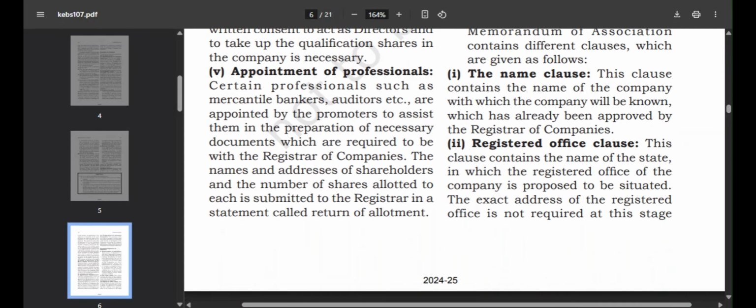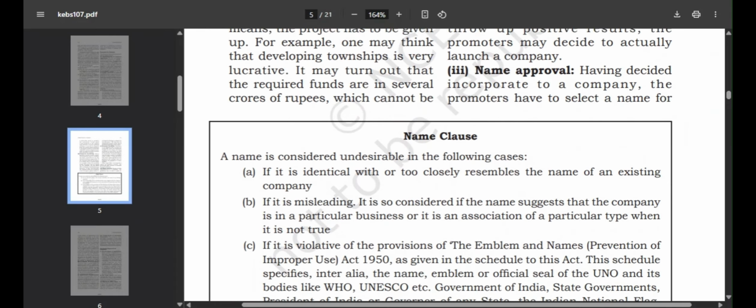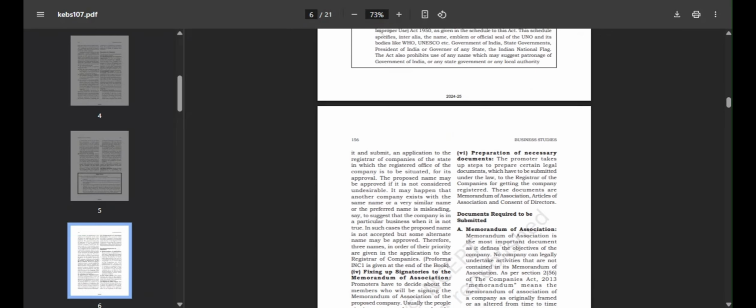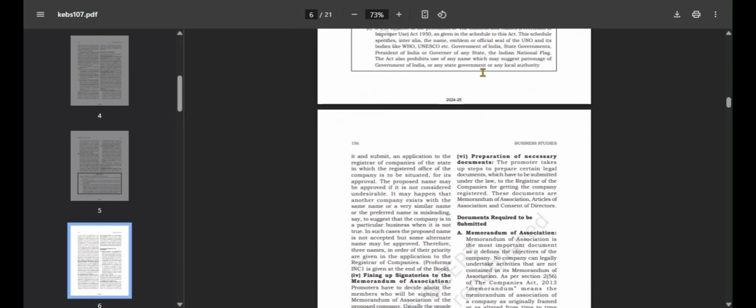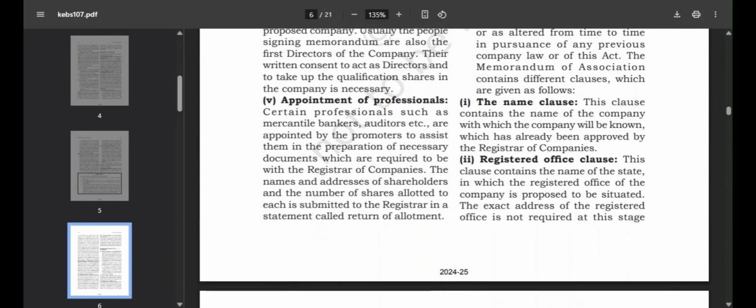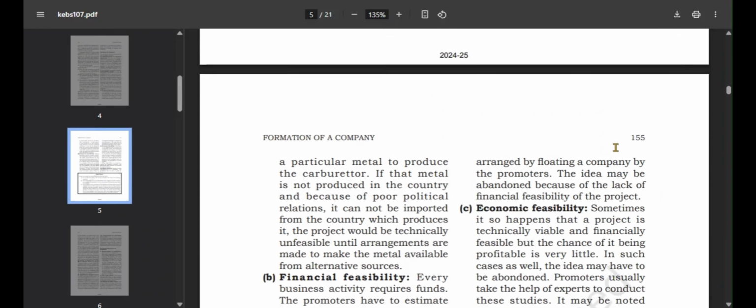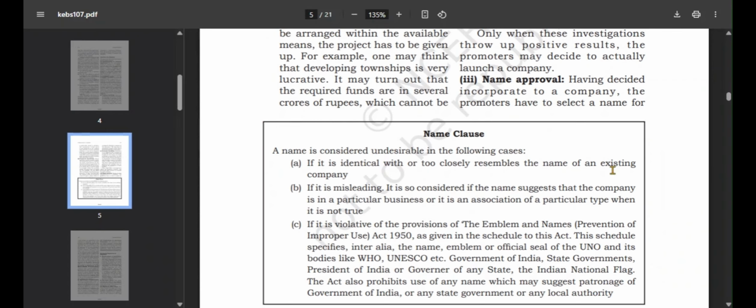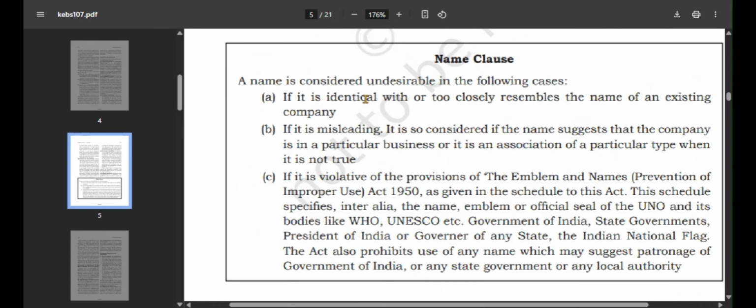First is your name clause. Before reading the name clause, we'll see this thing that has been given here. This is your name clause only, but in a better way, and this usually comes in your exam as a 3 marker. See over here, they've given you such a small box, just this much. But actually, in your exam, this comes as a 3 marker, and it's important.